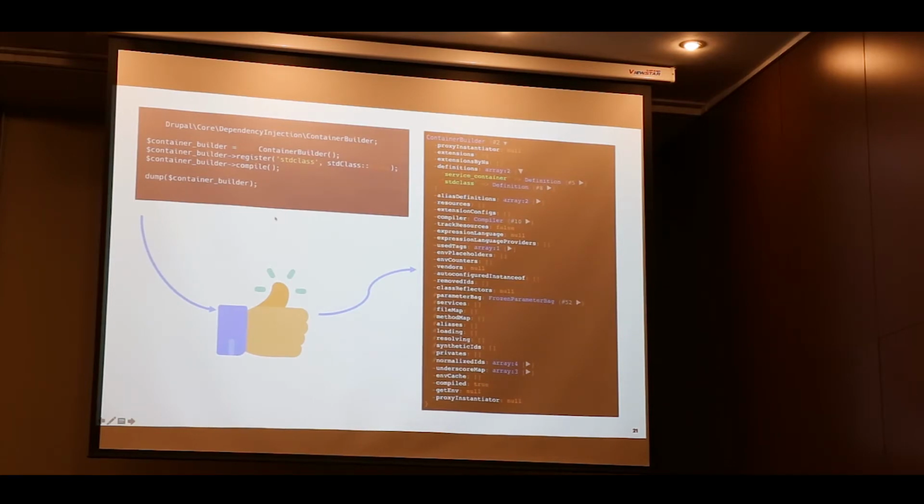But if you want to have a simple container builder from the dependency injection container on Drupal, it's easy. You can instantiate your container builder, you register your class, and after you can call the compile method, and here you have the log of your compiler.